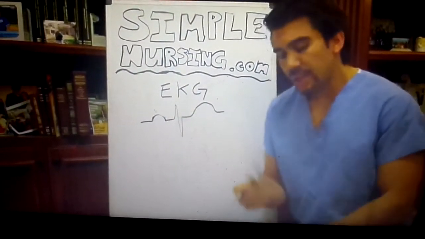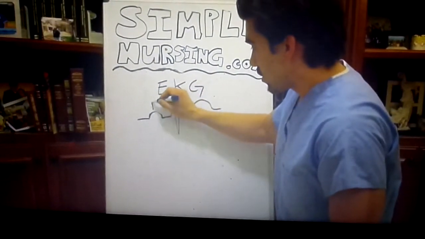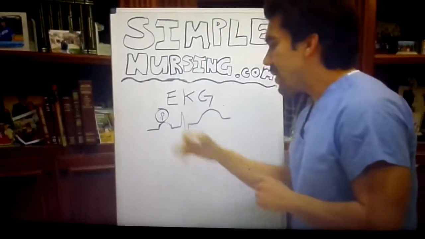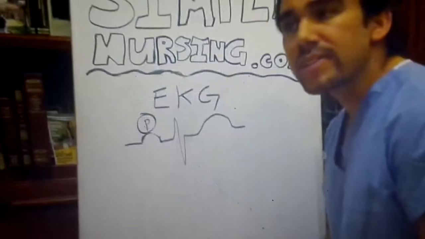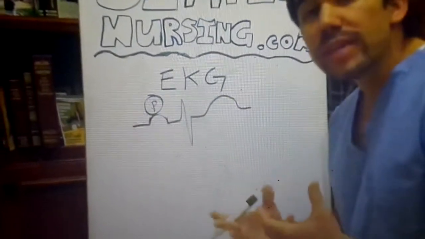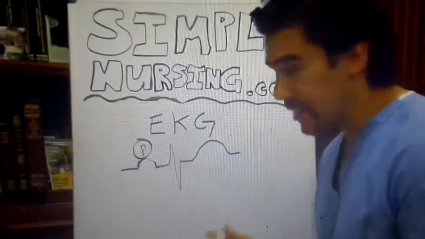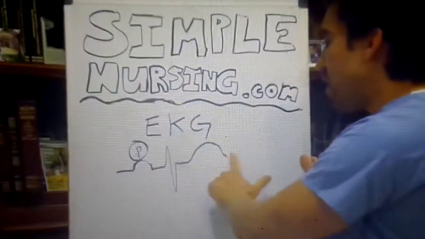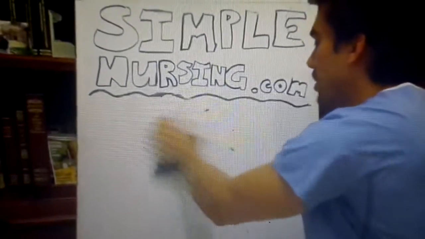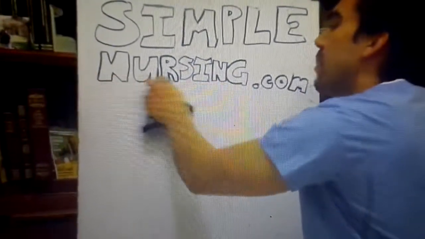Your first little lump is called a P wave. So we know that is a P wave. And a P wave is really just a contraction in the heart. All an EKG really does is measure movement. It's just earthquake paper, I like to call it. So if you think about your heart, let me erase this here real quick and get some more room. If you think about your heart,